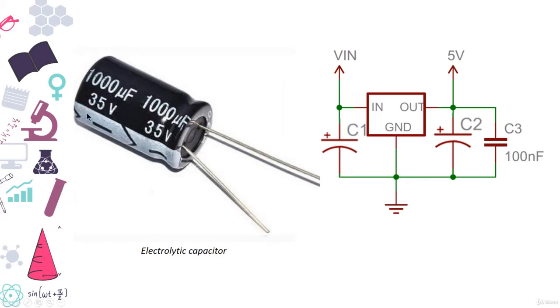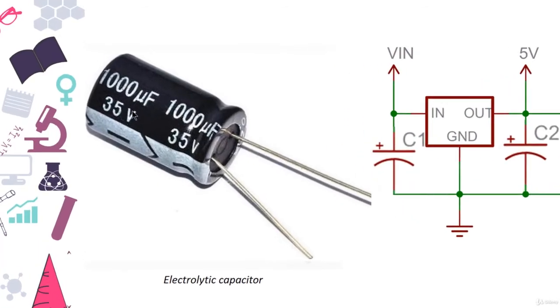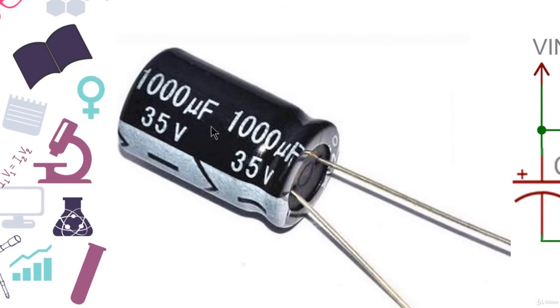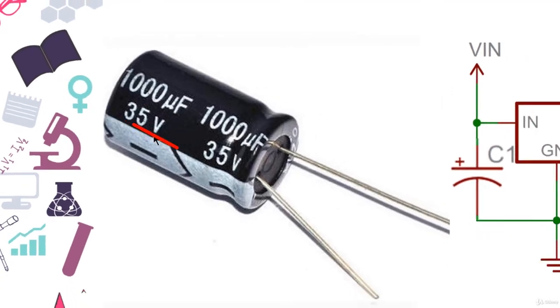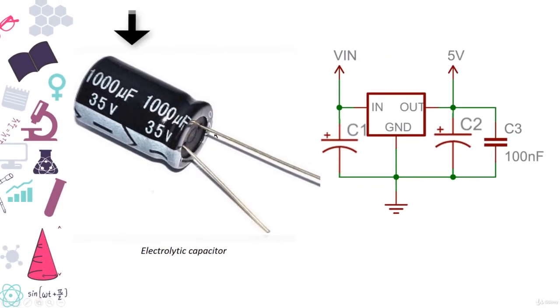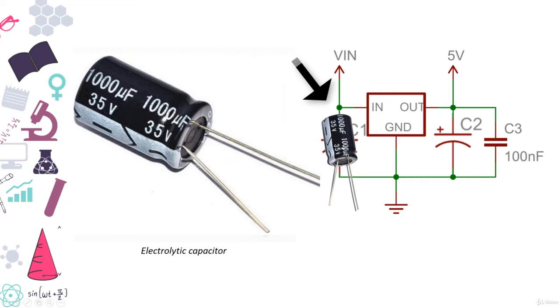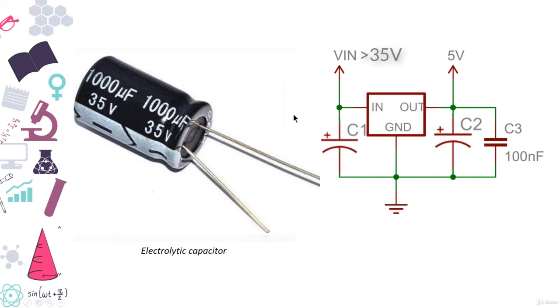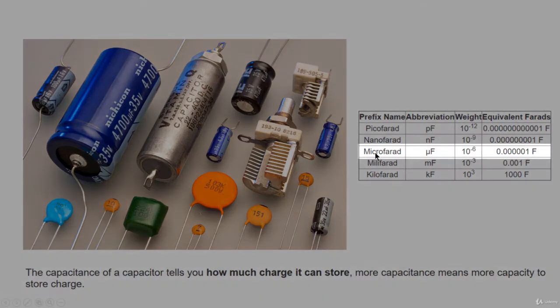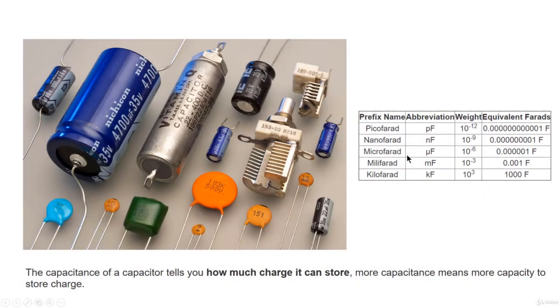So when you're holding an electrolytic capacitor in your hand, you can notice two values written on the capacitor. The first one is the value of the capacitance, which is measured in farads, and the next value is the voltage, which is the maximum voltage the capacitor can handle. So if this electrolytic capacitor would be placed here in the circuit, and the input voltage V in would be more than 35 volts, the capacitor would blow up because it could not handle the voltage measured across its two legs. Electrolytic capacitors most of the time have capacitances in the range of microfarads, and speaking of farads,